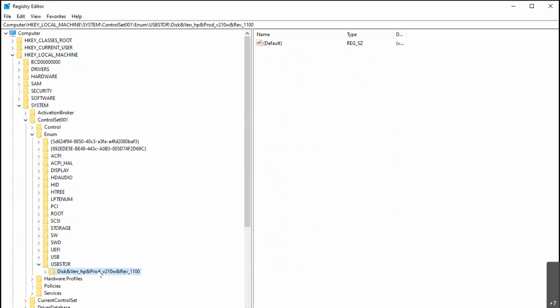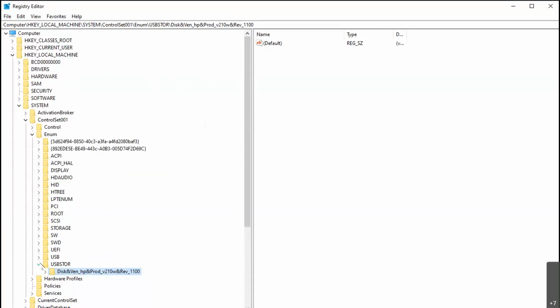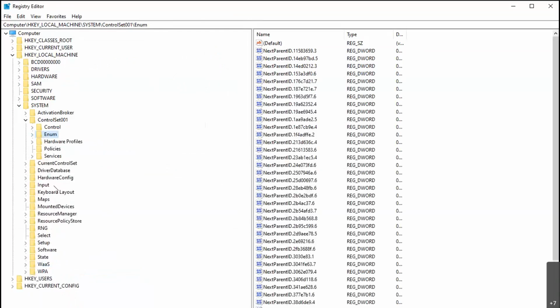So this is the pen drive which has been used in my computer. If you just want to see the date, you export it and save it as a text document. The moment you save it, the entries related to this pen drive will be stored at a particular location, and you will be able to see what date and what time this pen drive has been inserted into my computer,